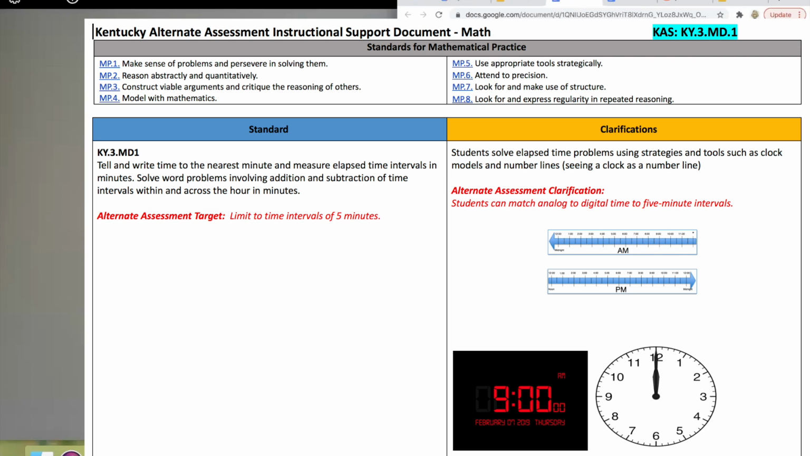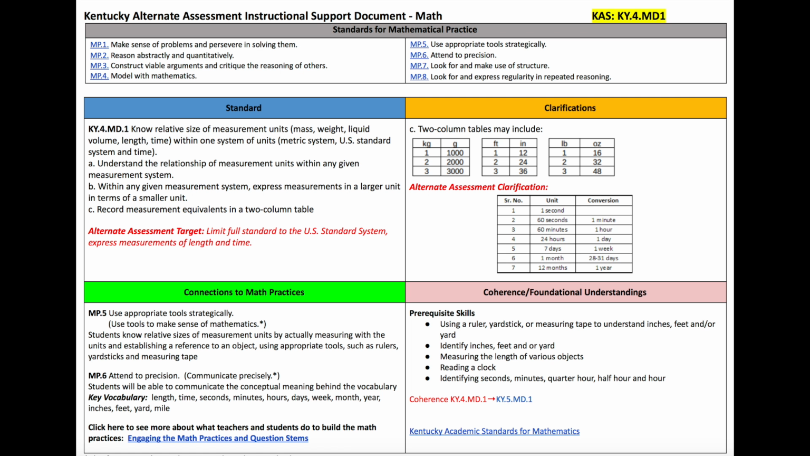And of course, over here's our clarification on it. As you can see, students solve elapsed time problems using strategies and tools such as clock models and number lines. And it says students can match analog to digital time to 5-minute intervals. Of course, you can use the time lines, actually, literally. Of course, referring to digital, matching the digital to an analog. The next one is a 4th grade standard, and it has to do with